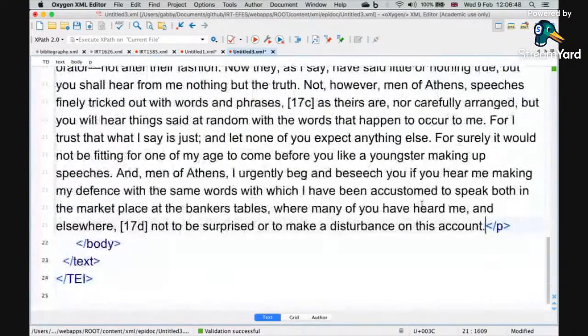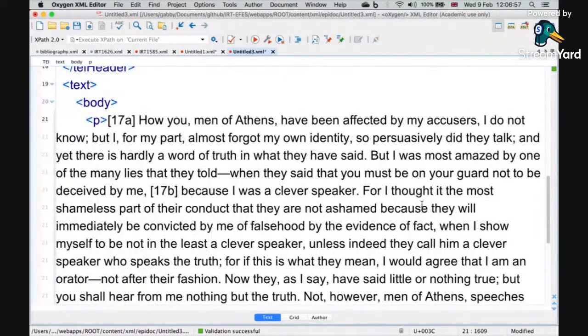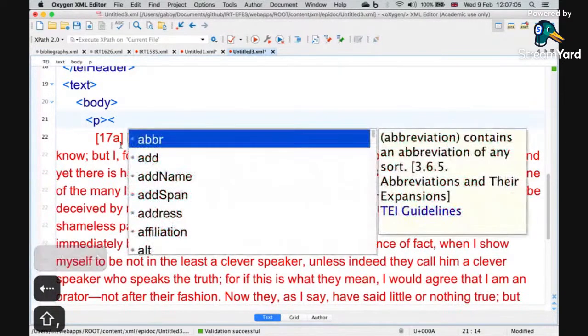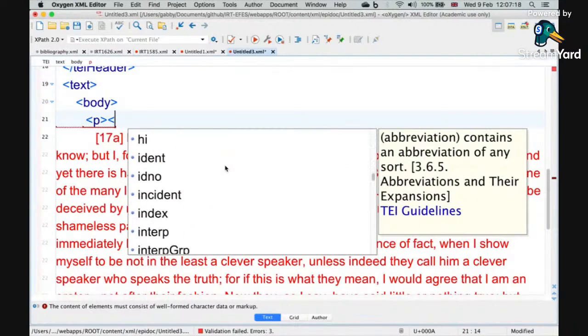I'm just going to insert some markup in here. So the simplest way to insert some markup, to insert an XML tag into your text, is to simply type an opening angle bracket. When you type an opening angle bracket, that can only be the beginning of a new tag. It then gives you a menu with all of the tags that are available at this point